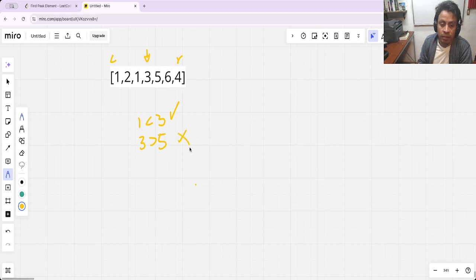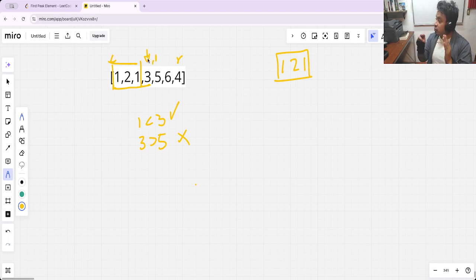and this is wrong. With this information, in the first iteration, we know that on this side this element doesn't make sense to exist, because if we move in this section, we know at this moment that it's impossible to have a peak element here, because this 3 is greater than the number 1. For this reason, when it's okay, basically ignore the current value, and only have the 1, 2, and 1. And in this case, when it's wrong,